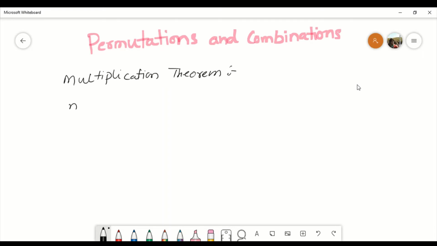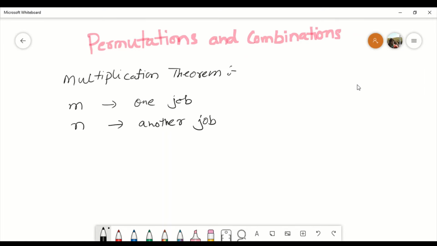So if I have m ways to do one job, and for each of these m ways I have n ways to do another job, right? So there will be m into n ways if we have to combine these two jobs. So if we want to do both the jobs, there are m into n ways of doing it.